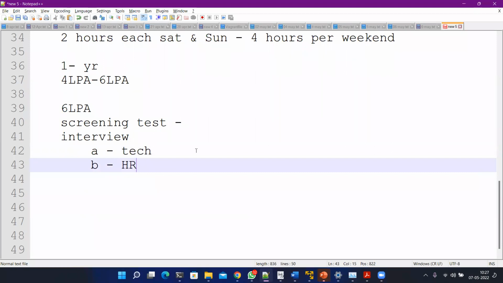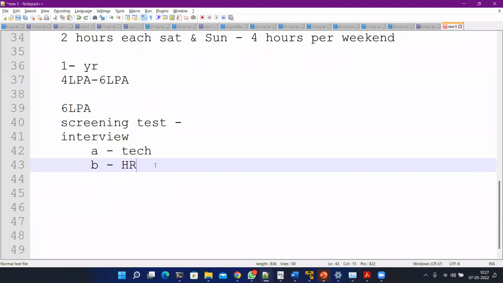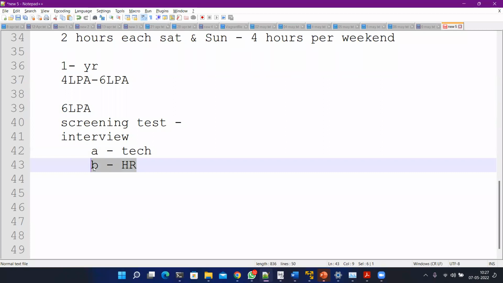If you were able to give the answers to all of the questions and the interviewer has given very good feedback, HR will not hesitate to give you 6 lakhs per annum or whatever expectations you have set. But if in the interview you were not able to answer a couple of questions, then yes, there will be some sort of negotiation happening in this round. Ultimately, you are going to get a job offer letter after this round.